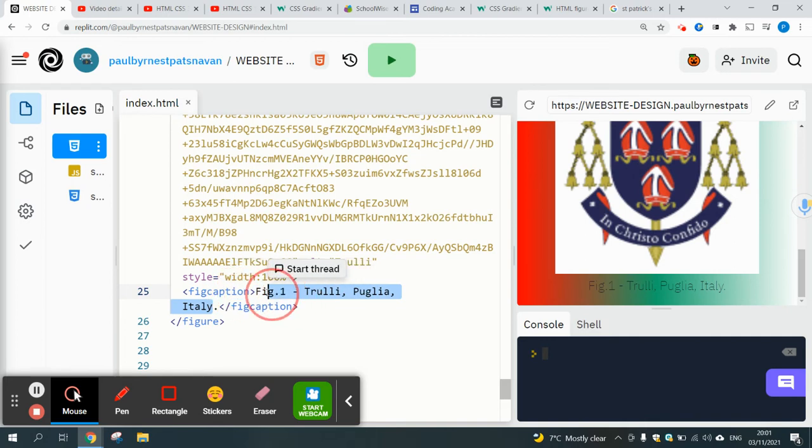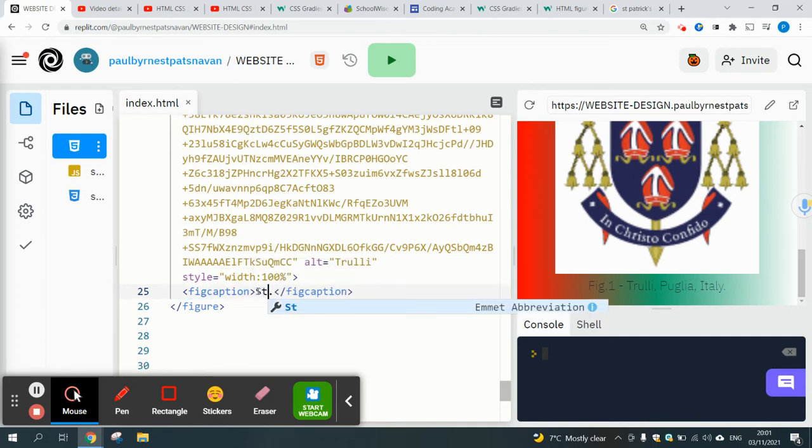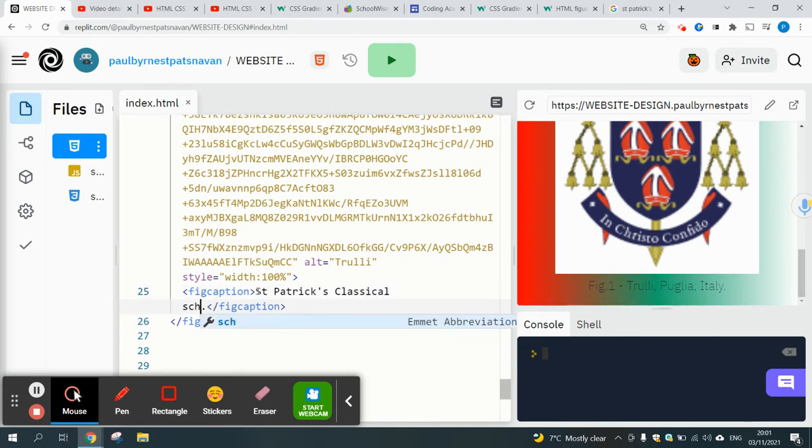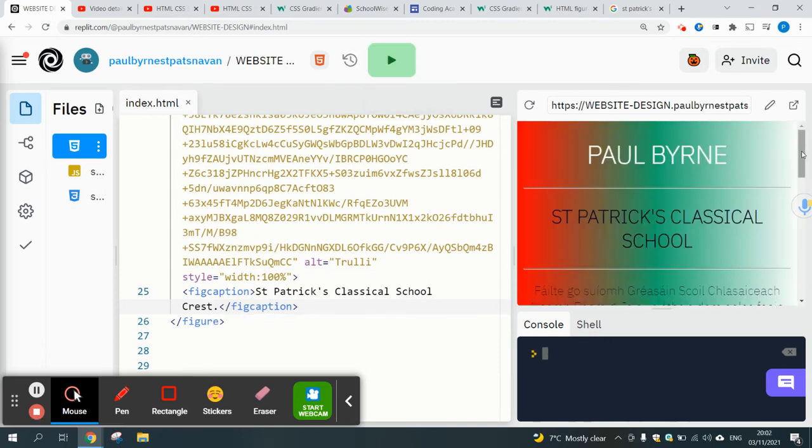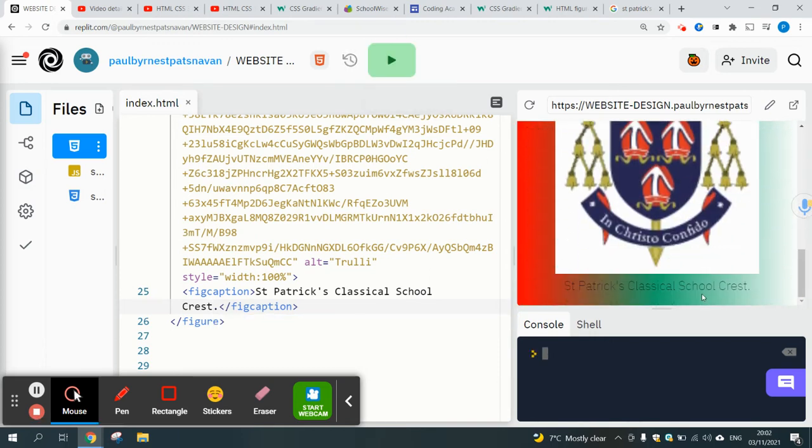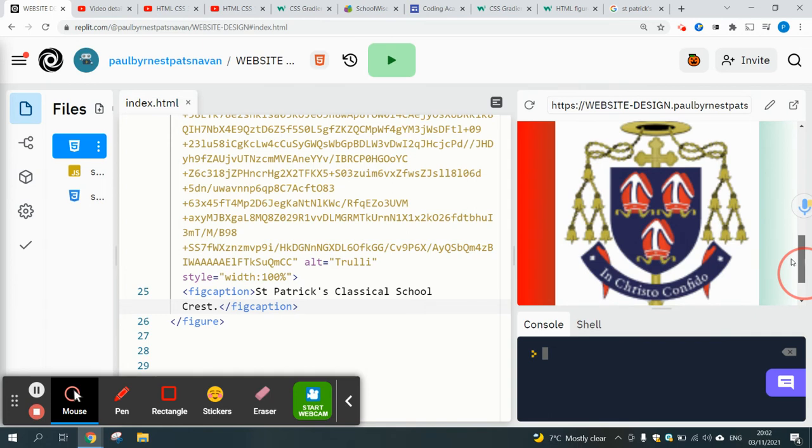Like for example, in this case, I might want to say something like St. Patrick's Classical School crest, and of course you put in what's relevant to you. Press play again, and when I scroll down it says St. Patrick's Classical School's crest. The other thing that I might want to change is the width of the image is